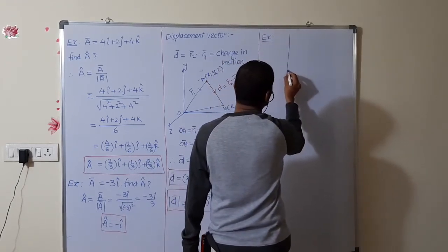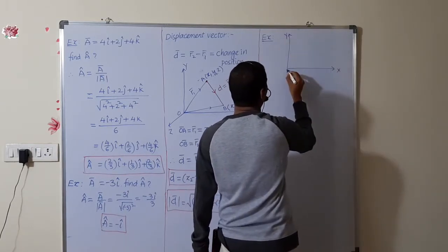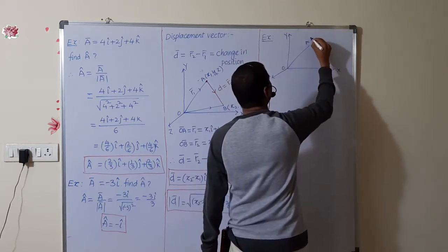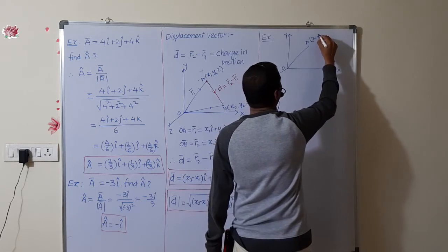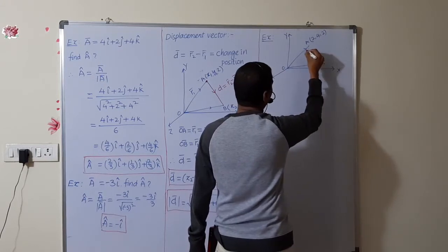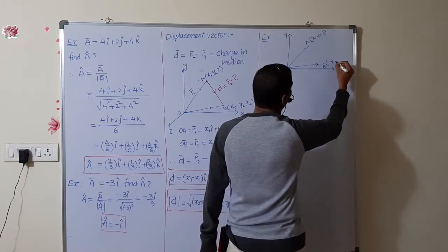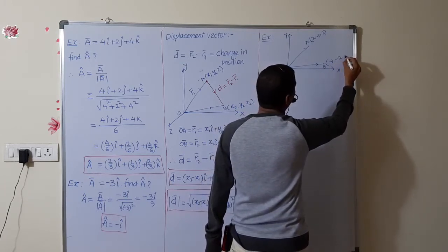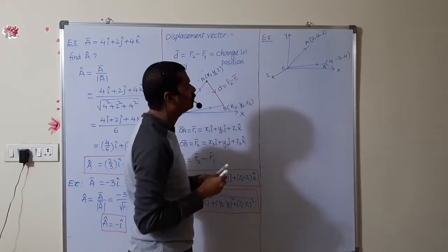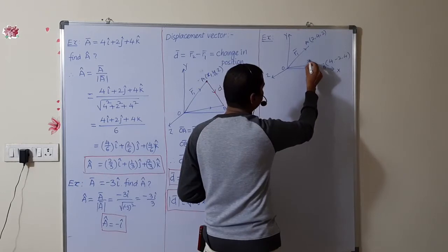Now according to the diagram I will explain to you. This is the x axis, this is the y axis and this one is the z axis, origin. Now here one point is there, this point is 2, 4, 2 and another point B is 4, minus 2 and 4. The two vectors are given. Here write the position vectors first of all. OA we represent as R1 and OB I am representing as R2.